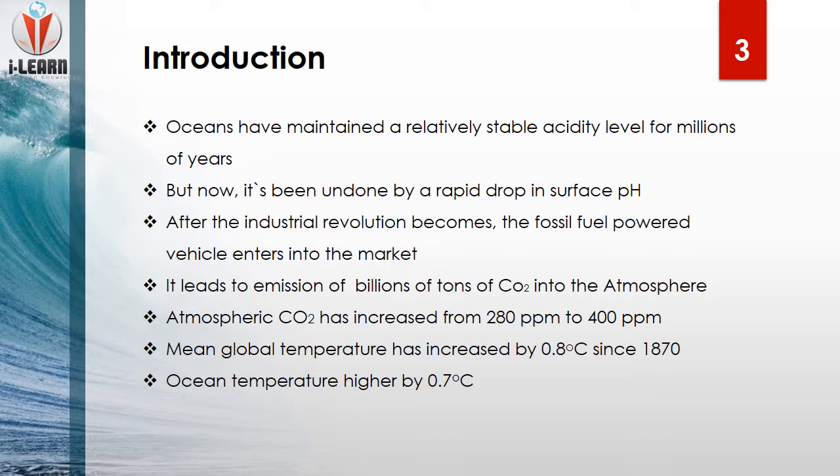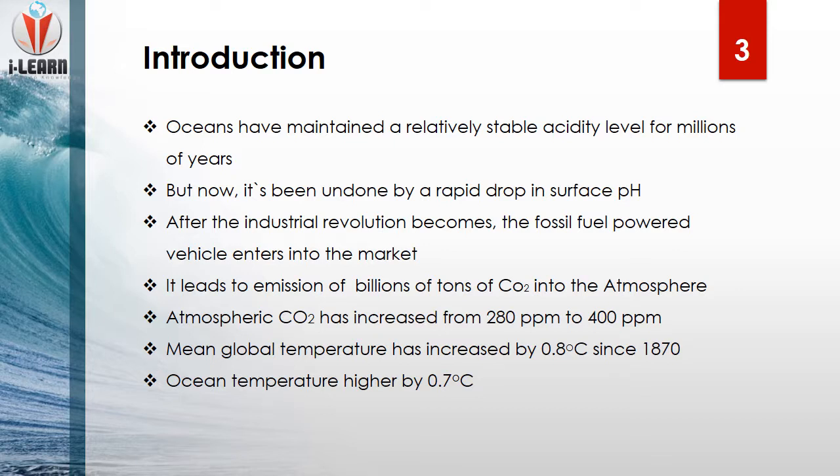So here, what happened? It was undone because of a huge quantity of carbon dioxide which was dumped by us into the atmosphere. After the industrial revolution, which is considered to be the 1880s, we utilized fossil fuel as a main power source to power our vehicles, which emit a huge quantity of carbon dioxide into the atmosphere. So billions of tons of carbon dioxide were dumped into the atmosphere,